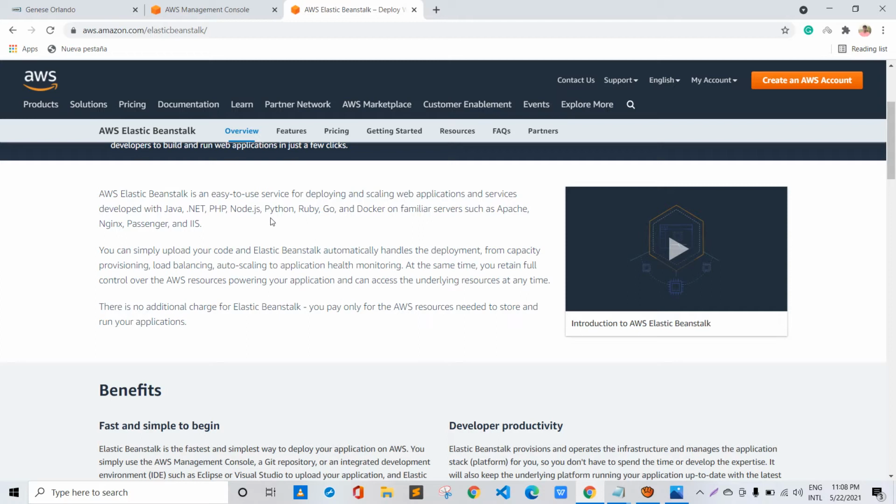So when using the AWS Elastic Beanstalk, the main advantage is you just need to upload your code, and everything is handled by Elastic Beanstalk automatically.